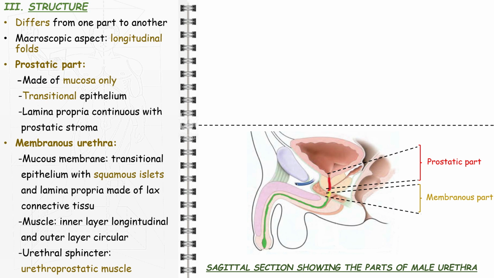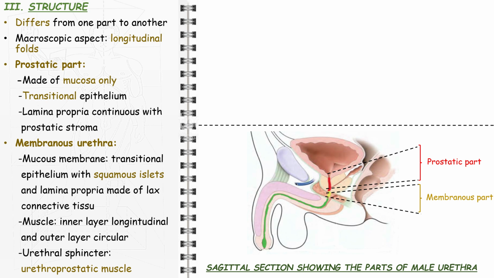The compressor urethrae is made of transverse fibers attached to the pubic rami, and the urethroprostatic is made of circular fibers circling the membranous urethra and arched preprostatic fibers circling the anterior and lateral faces of the apex of the prostate. It is supplied by the perineal nerve. The urethral sphincter closes the membranous urethra and, thus, ensures urinary continence. It also participates in the voluntary removing of the last drops of urine or sperm.